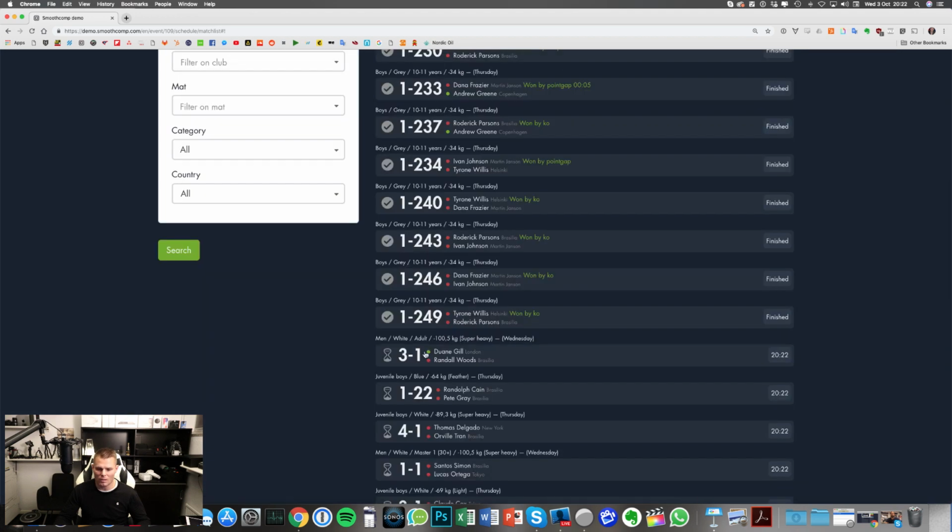So now his color went from red to green, and that is consistent in the system all over the screens and everything. The green color by his name means that he has weighed in. So for runners finding fighters, it's very easy to see that a green little mark by their name means that they have weighed in. That will speed up the process. You don't have to be running all over the place to find fighters. You know that they already weighed in.